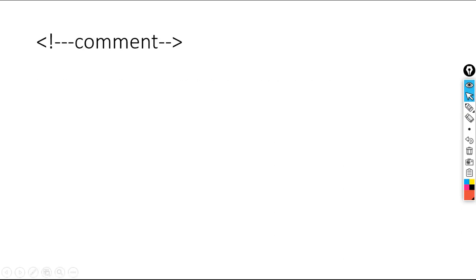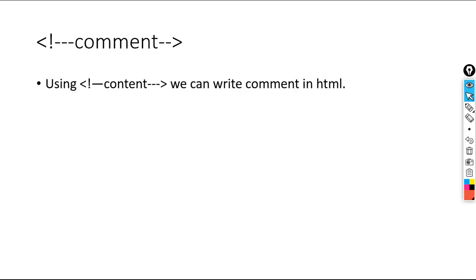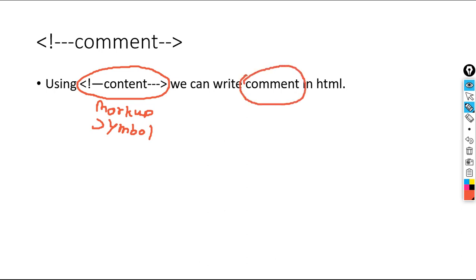Okay, now how to write a comment? This is the comment. How to write a comment? Using this particular symbol or markup, we can write a comment in HTML.